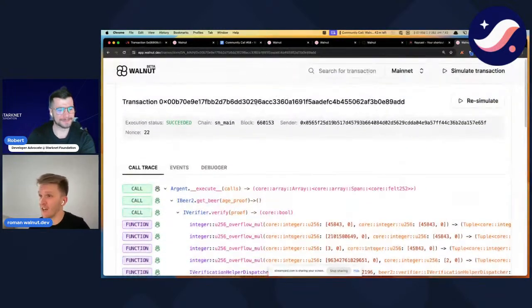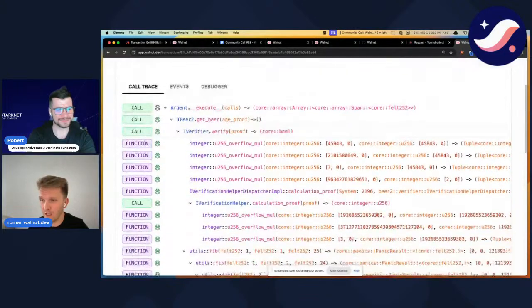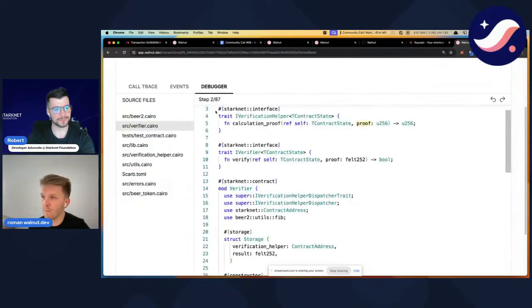And yeah, the transaction loaded, and as you can see, there is an external call inside of this tree. So in this case, there's a verify contract calling some internal functions. And then this calculation proof was calling an external contract. So in this case, we just presented it as green. In the debugger,